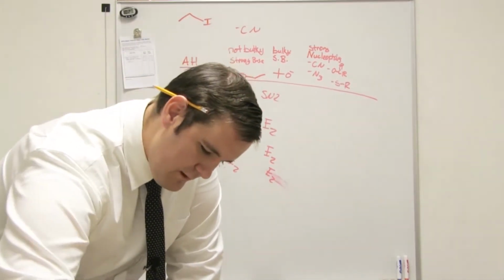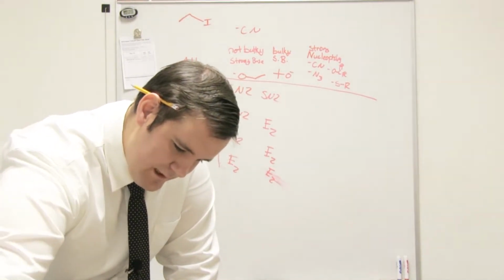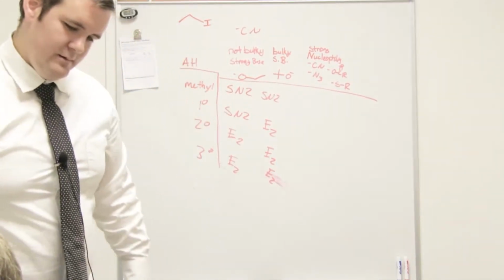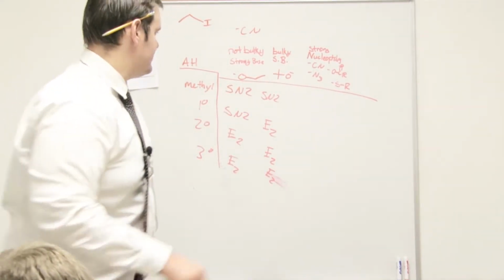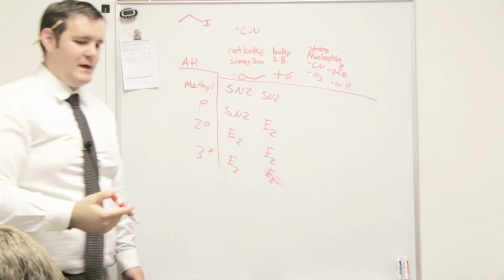It has a table, doesn't it? Yeah, just like here, all these in red. I guess it's just SH minus. So any of those from chapter 8,